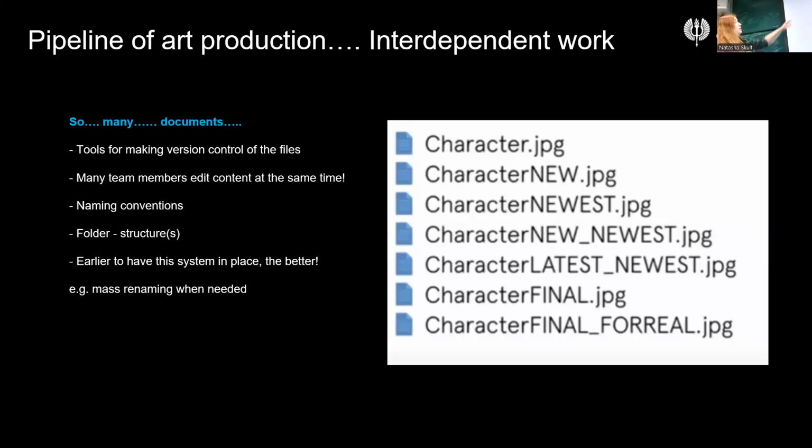And also, naming convention: what is the system that you would be using for what kind of assets, for example, where they're used, what type they are, especially when it comes to this sort of layering, when you think about models and their textures and their rigs and everything else, and then all the effects on top of it, and every animation, how is that going to be triggered? All of these things. So think about it as a cake layer, so that all of that will go to the right place at the right time when needed.